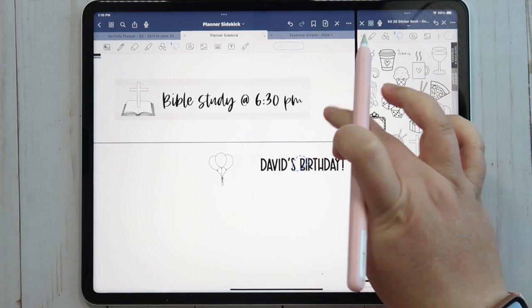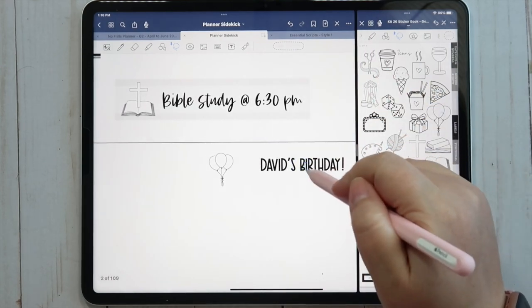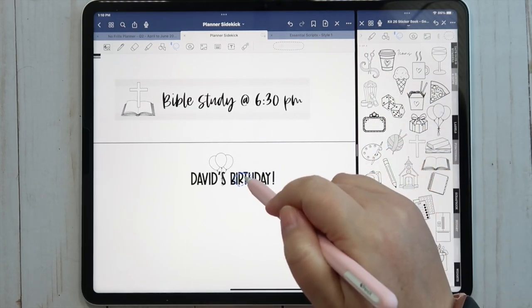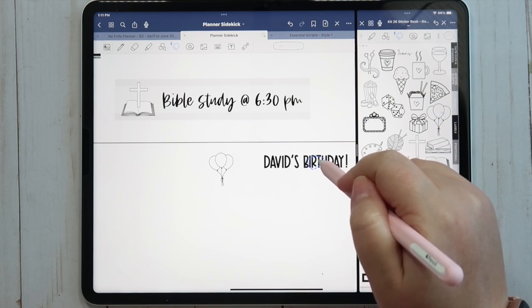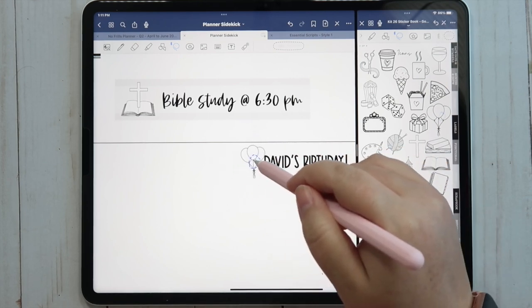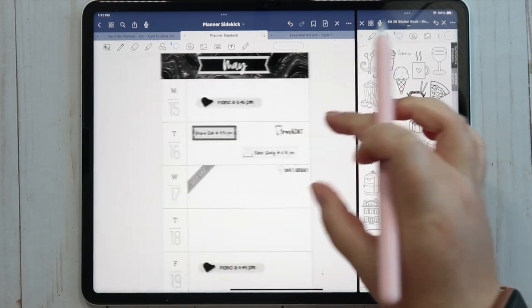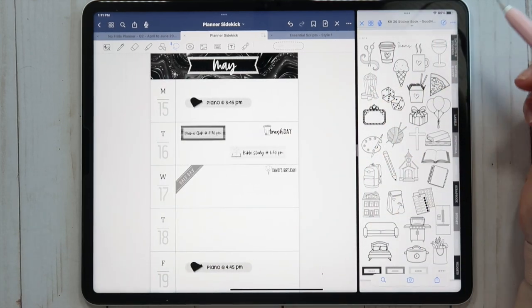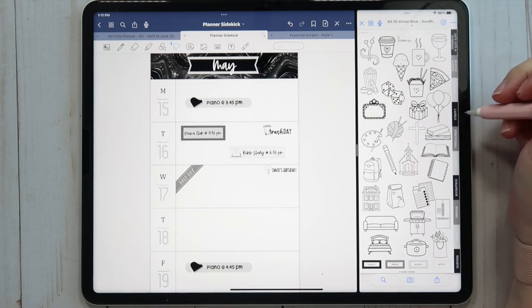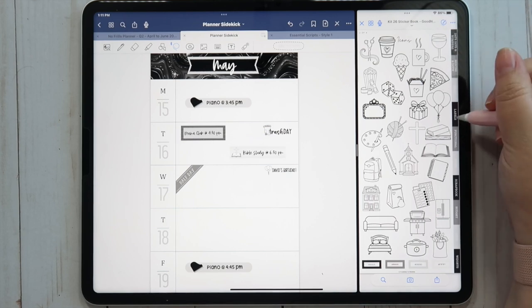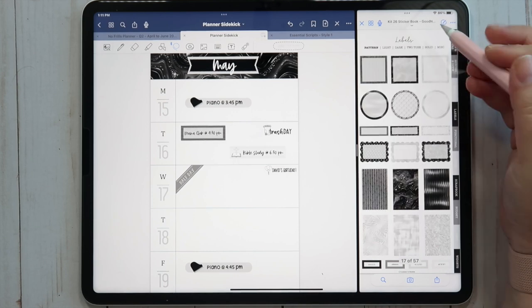Well, it looked crooked to me for a minute, but I think it's okay. I'm gonna go put that up in the corner. So David's birthday. And then for new releases, let's do a label.